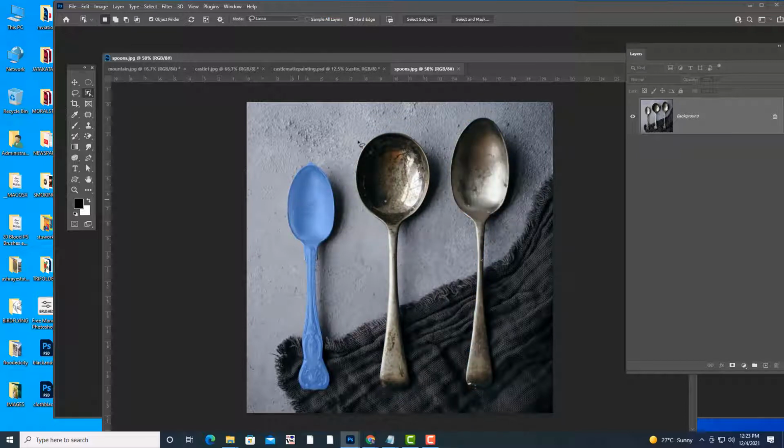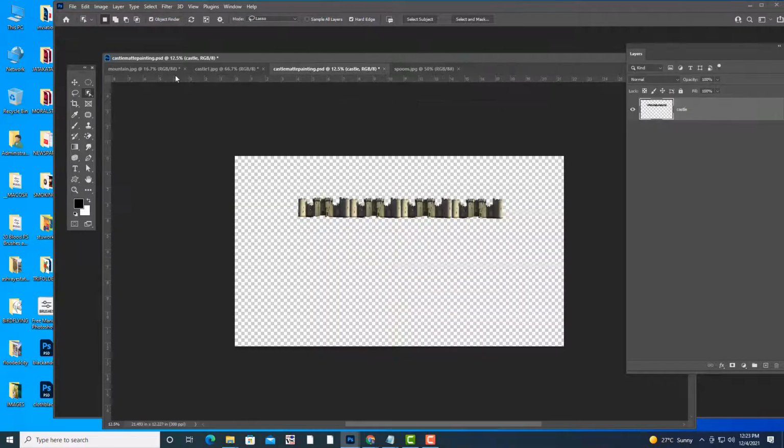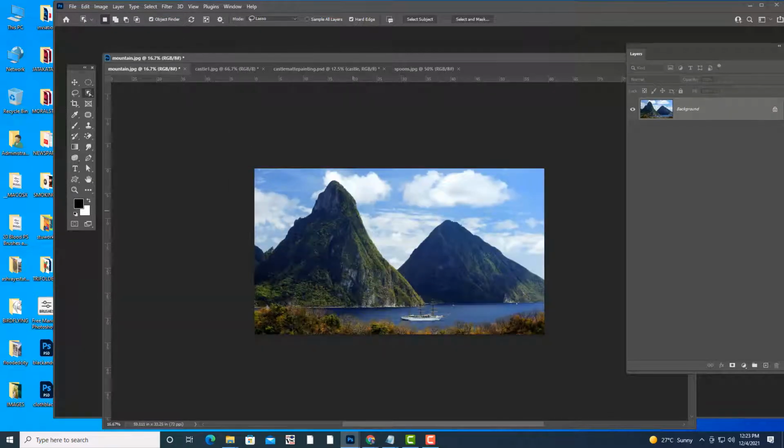So just if you click on that, you are going to get a selection. See, very easy. Able to find the subject here. Okay, this is a new feature in 2022, but here, it's not able to find the subject. Okay, it's okay, so we will do it manually.